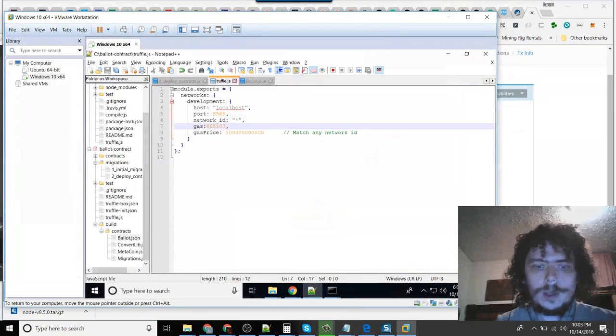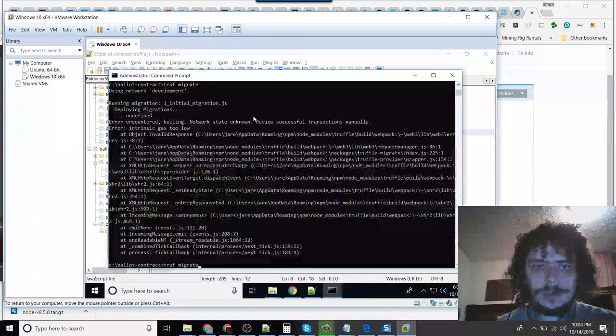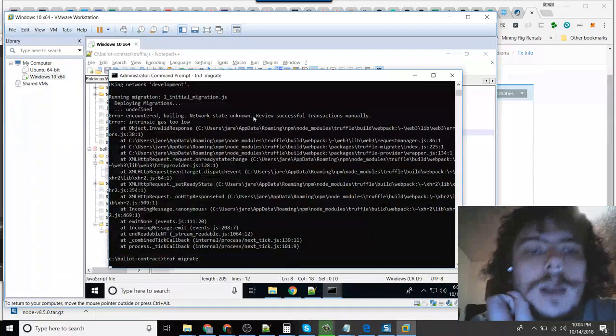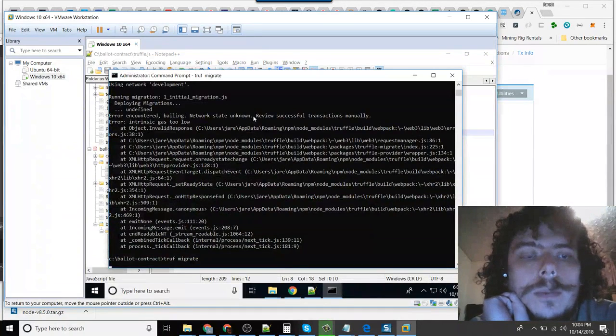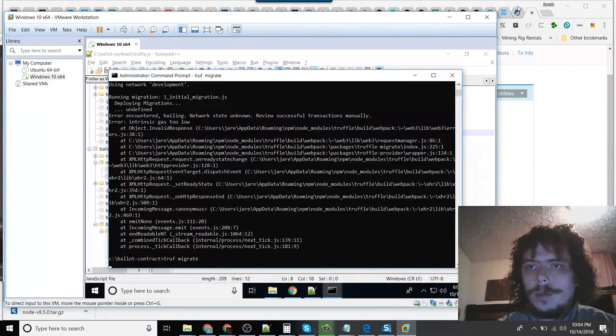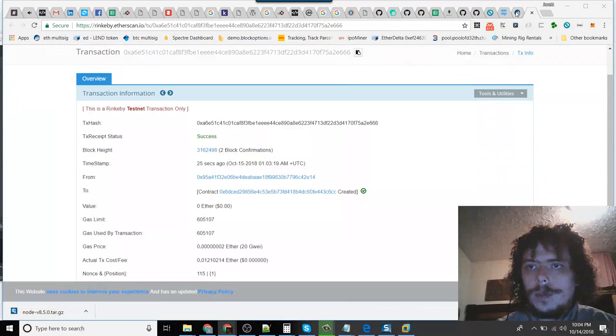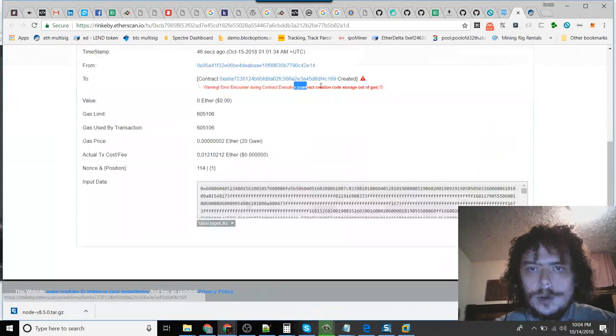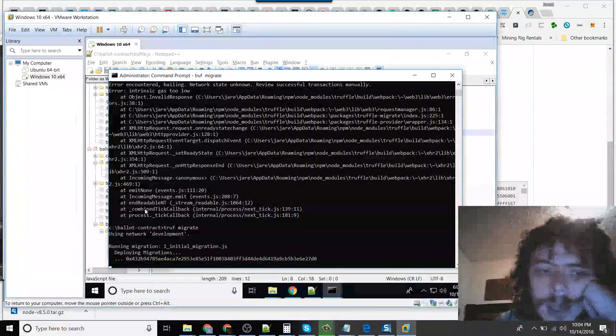So if we use one less than what it requires, exactly one way less, it should fail again. Or maybe it'll publish again this contract like we saw on my Ether wallet, but it'll give us the error that we saw again. Let's find out. Here's the error again. Contract creation code storage out of gas. Yep, so we have a transaction, which means the intrinsic gas wasn't too low. But if we take a look at the transaction, or when it goes to confirm here,